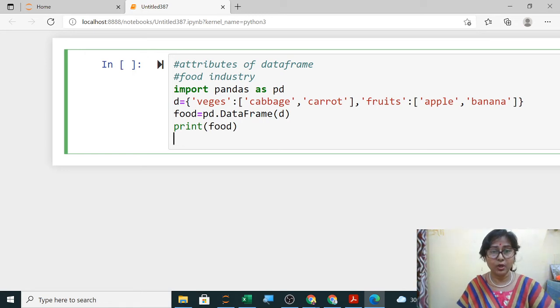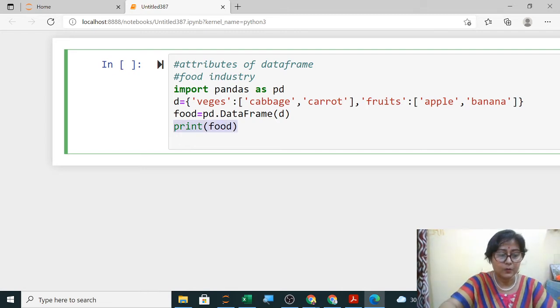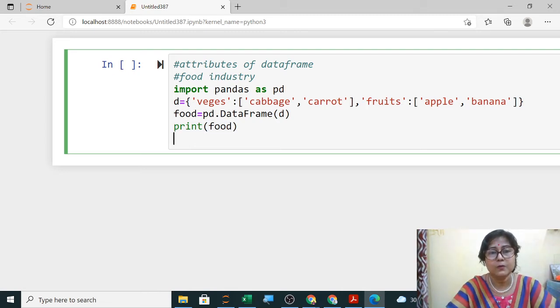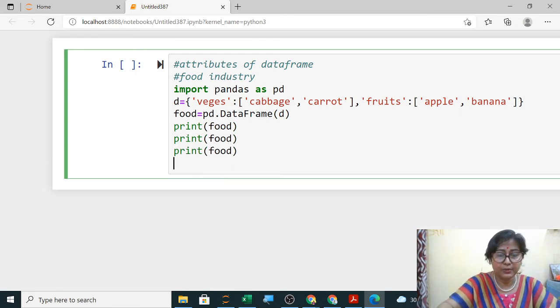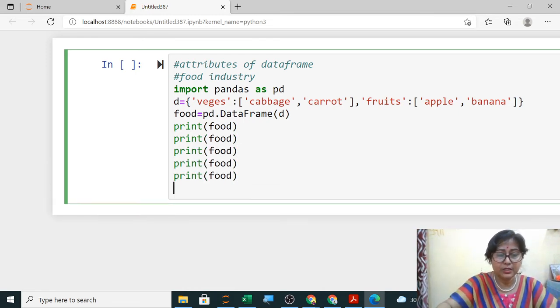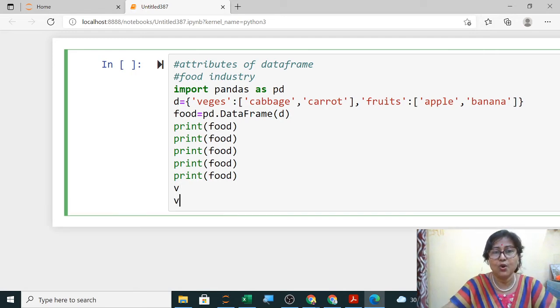One by one I want to print all the attributes. I am just copying it from here. All the attributes which you have learned till now, I want to show you all.